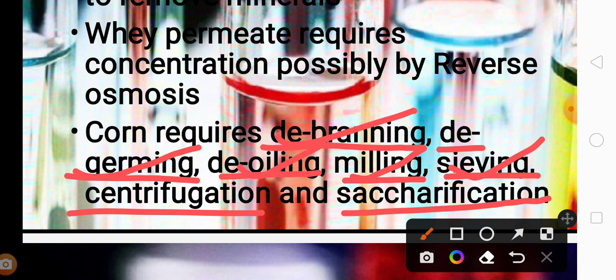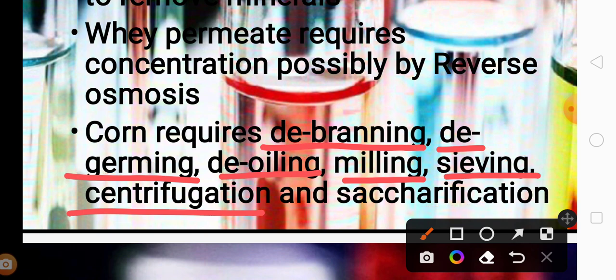Sieving is passing the corn through tiny meshes so that the fine particles get separated from the bigger particles. Centrifugation is separating the corn aqueous phase, and saccharification,